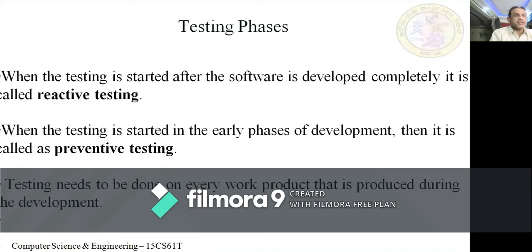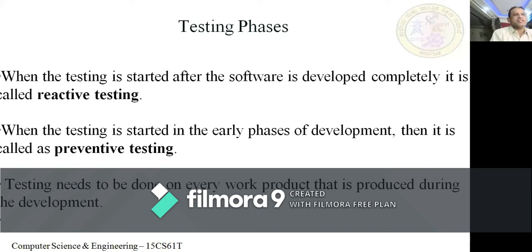Yesterday we discussed the two testing approaches, reactive and preventive testing. When testing is started after the software is developed completely, it is called reactive testing. When your complete software is ready and you do testing, we call that reactive testing. Before the software is ready, when we do testing in the developing stage itself, we call that preventive testing.